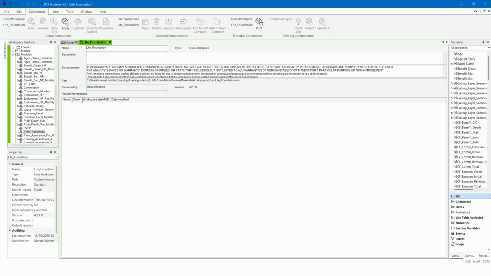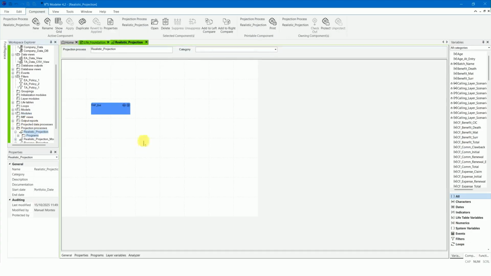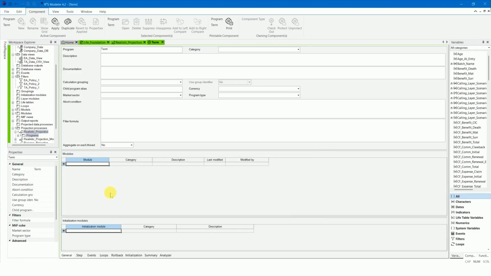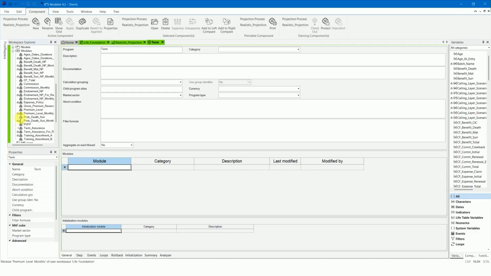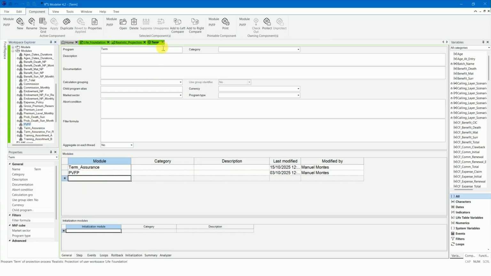Add a new program called Term to the realistic projection process. Add the product module Term Assurance and the process module PVFP to the program. Also add the standalone variable Reserve PP.